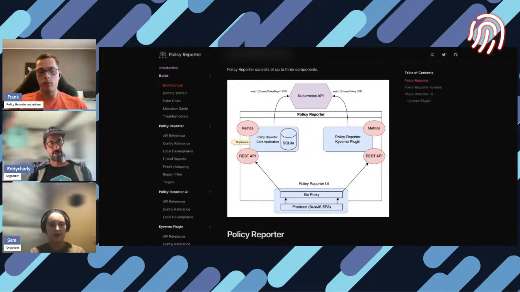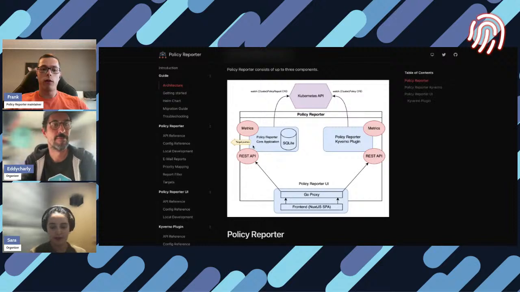Okay, but in any case, there is support for a high availability setup with multiple replicas. Of course, you always have one leader at a time, but requests can be spread across different instances. So when you have the SQLite database, each instance will have its own SQLite database. They don't share it. Okay, so there's no leader? They are all leaders, but